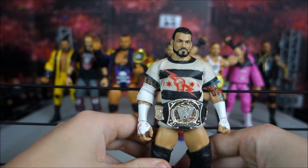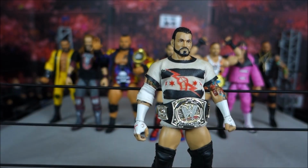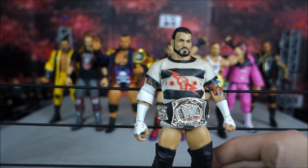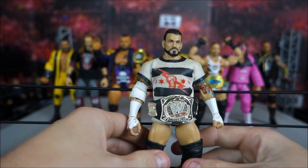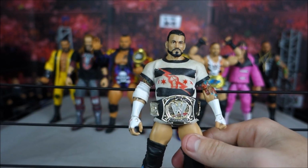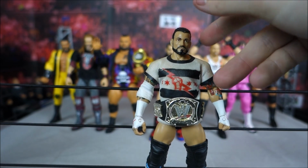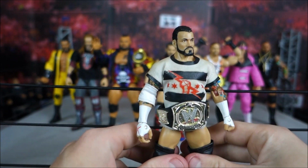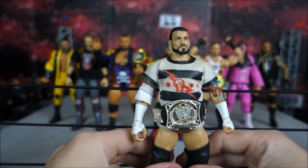It is a perfect CM Punk action figure. I don't think they could have done this any better. It is just phenomenal. It's amazing. I'm glad I picked it up when I did because, man, this would cost me a fortune to get nowadays. And it is just amazing. It's really good, CM Punk. If I never saw another CM Punk figure in my life, I would be happy because this is quite literally